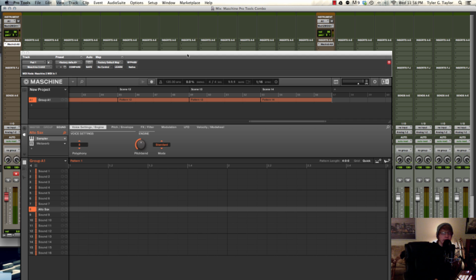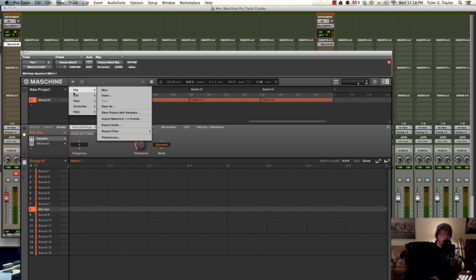To use pre-made kits in this setup, you basically just follow the tutorial up to the routing steps, and then after you load the pre-made kit, you do the routing step. If you're following along on the text instructions, you would just repeat step 7. Something you may want to take note of is Pro Tools automatically restores the session data of any Machine instance that you had open in a Pro Tools session, but just in case, you may want to go ahead and save the project